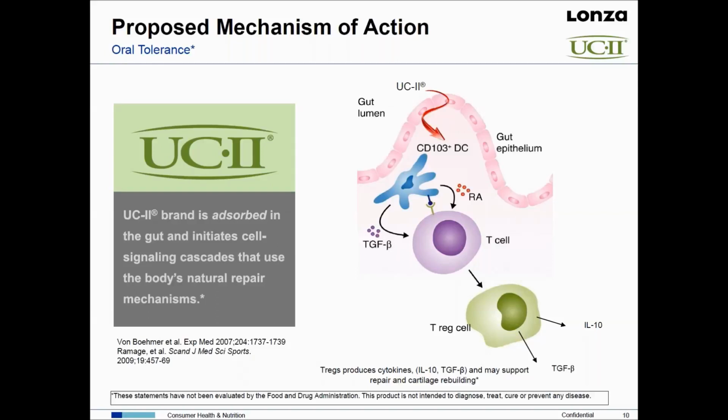So together with vitamin A, transforming growth factor beta, and the UC2, you activate a specialized lymphoid immune cell called a T regulator, and it makes IL-10, and it also makes transforming growth factor beta. And that's important because those two molecules activate chondrocytes in the knee to make collagen. So how does that all work? If we go to the next slide,